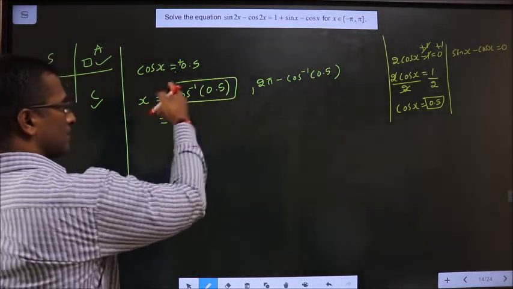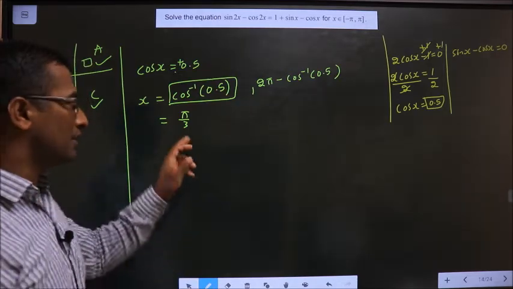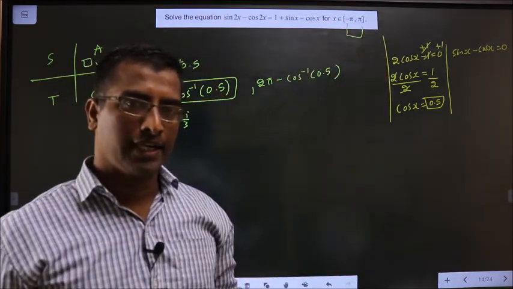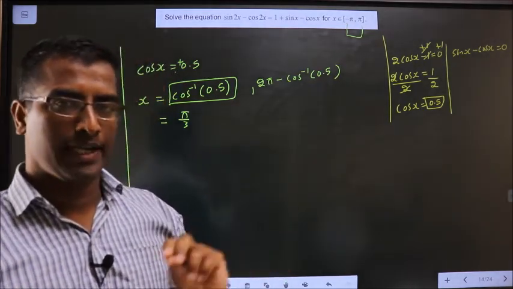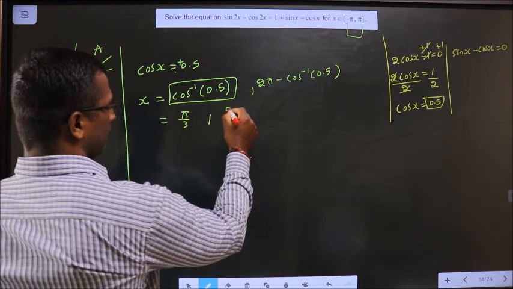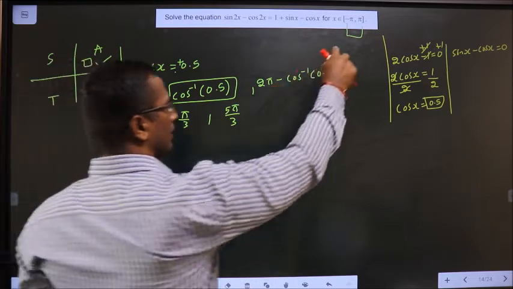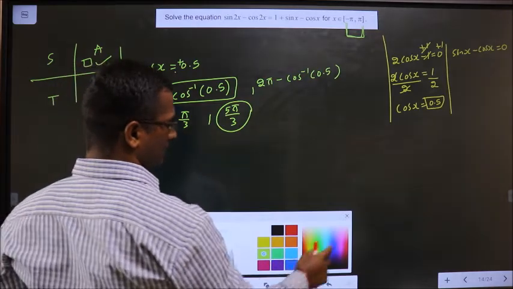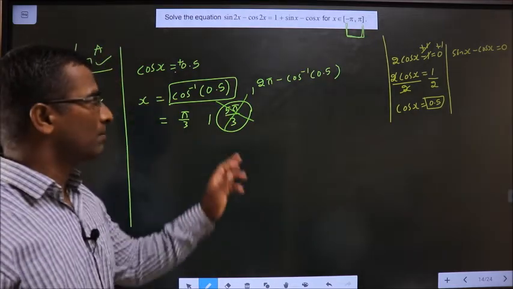While calculating this, you should put your calculator in radians mode because the answer you should get is in radians. Clear? Whenever they tell you to find in radians, you should leave your answer in radians. For that, change your calculator mode to radians. Now, if you put this in the calculator, you get 5 pi by 3. Now check for that interval. In this interval, 5 pi by 3 does not lie. So don't consider 5 pi by 3, because it does not lie in the interval.